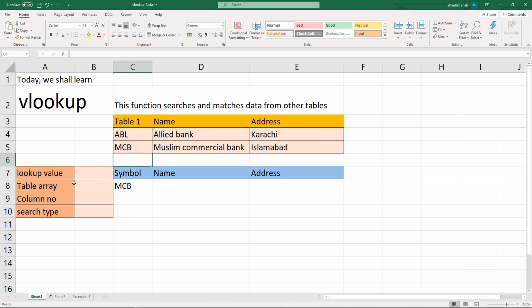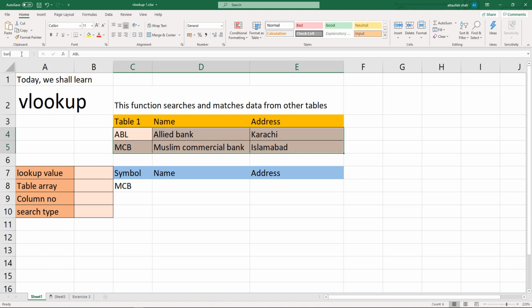Before going for the VLOOKUP function, it is a good idea to give this table some name. Giving a name to a range of cells is very easy. First of all, we have to select this whole area, and then in the name box here we have to type some name.